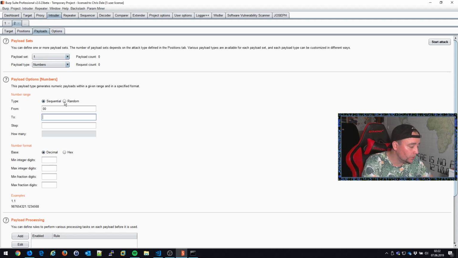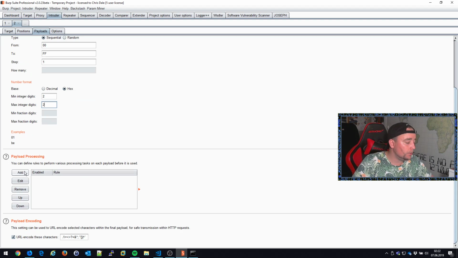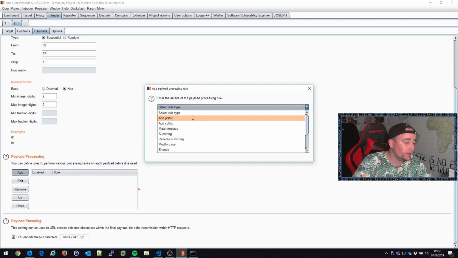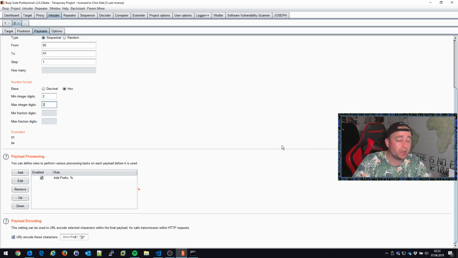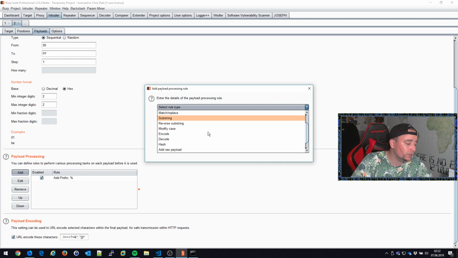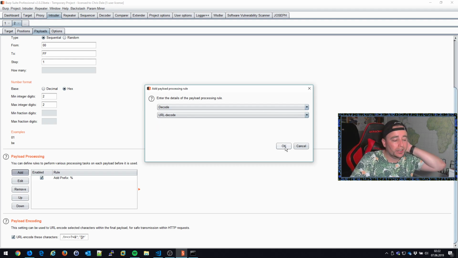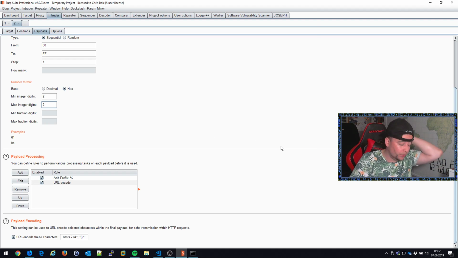I'm going to go through a null byte all the way through FF, in hex values here, leaving me with 256 possible values. And I will add a percentage sign in front of my numbers to make it URL encoded. That will allow the web server to understand my input not as numbers but actually as bytes. And just for good measure, I'm going to tell it to do a URL decode. So I'll actually send the raw bytes to the web server and to the